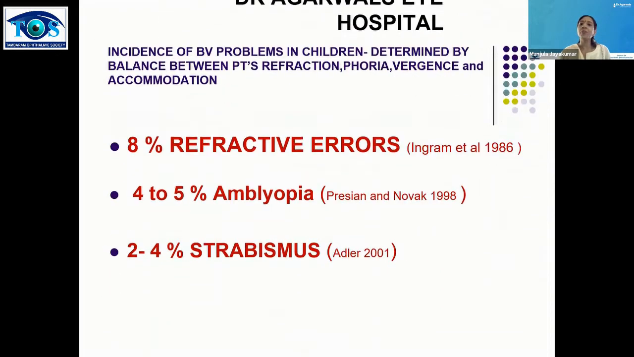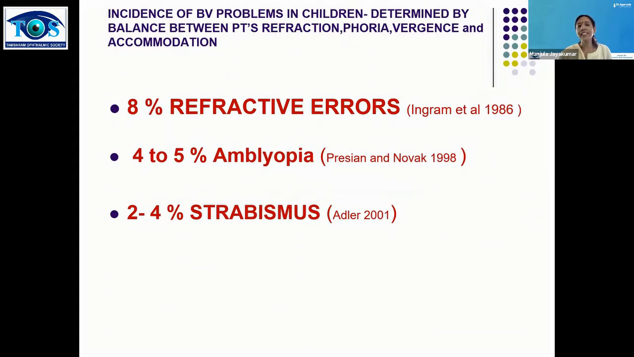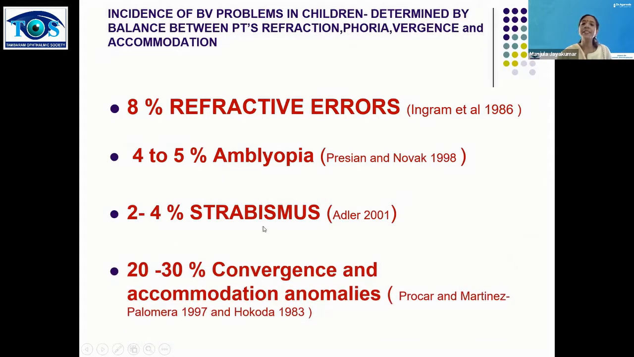Binocular vision is basically a balance between the patient's refraction, phoria, vergence, and accommodation. In the pediatric population, 8% of the problems are due to refractive errors, 4 to 5% because of amblyopia, 2 to 4% because of strabismus, but a huge 20 to 30% occurs because of binocular problems such as